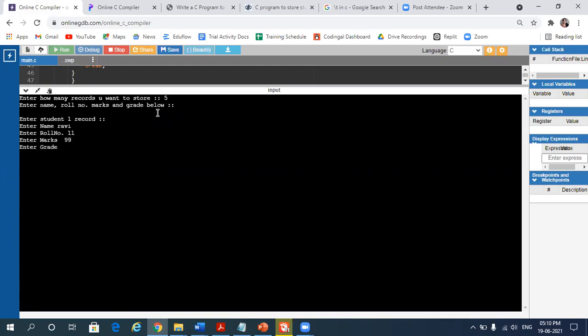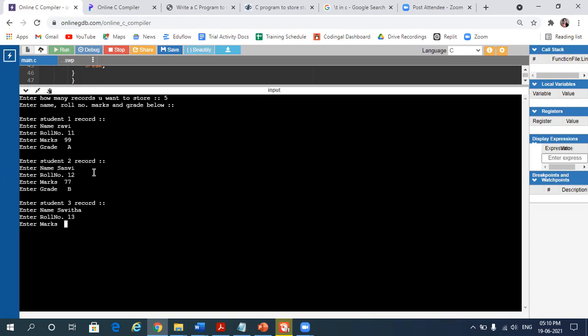99, and then grade will be A. Okay, then for the second student 2 record, it will be something like Sanvi, and then 12, then 77, and then grade will be B. So third record, this is again Savita, then roll number 13.